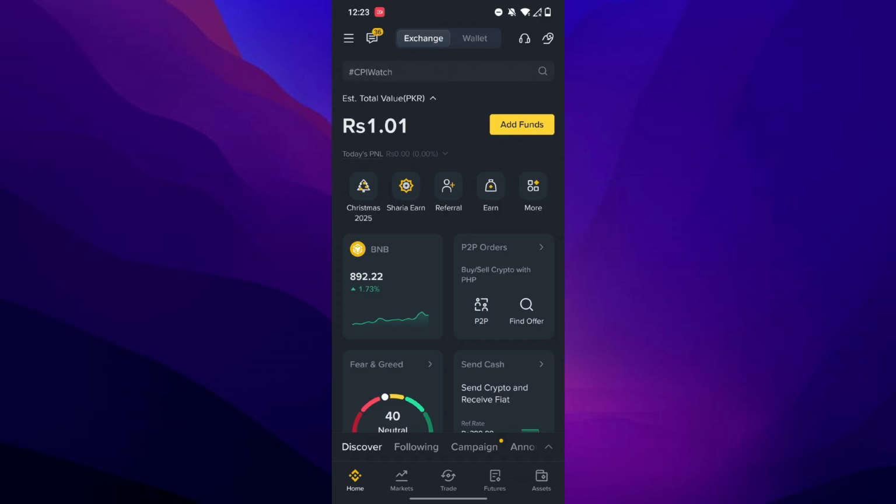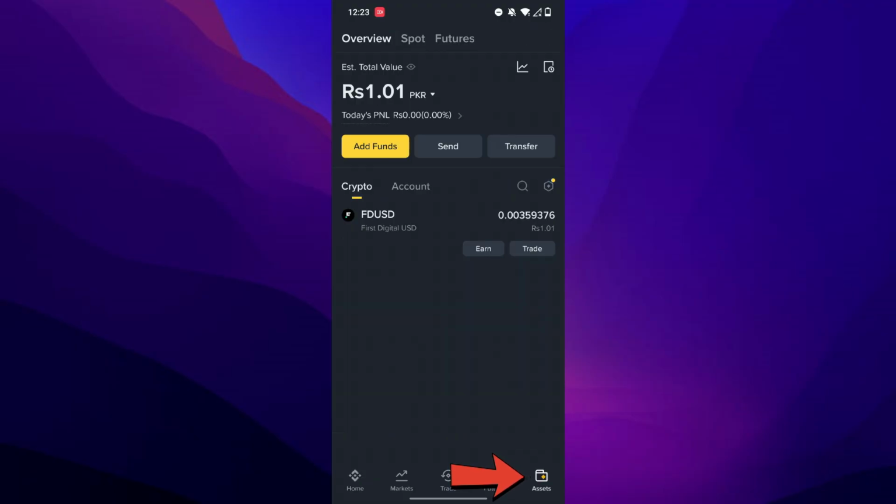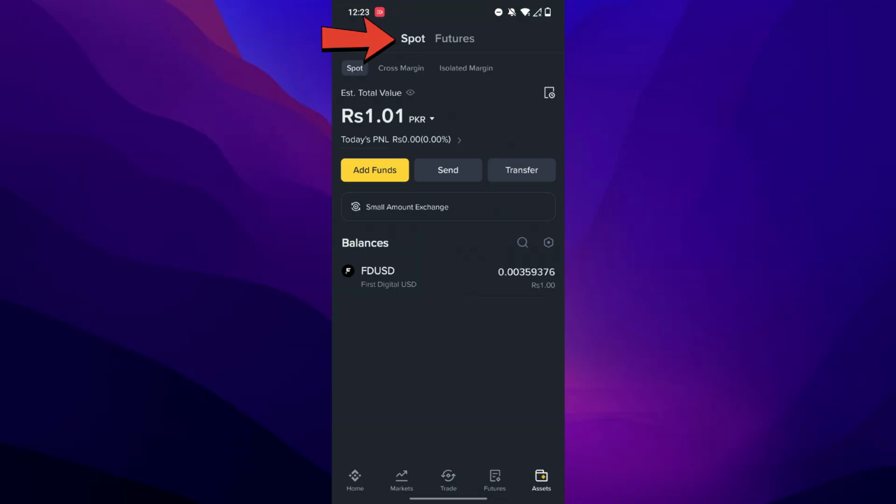Once you're logged in, you'll land on the home screen. From here, look for the Assets section. This is your main hub for viewing all your balances and activity. Tap on Assets, then select Spot. The Spot account is where the majority of your trading activity happens, so it's usually the first place to check